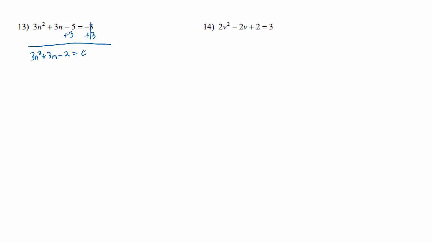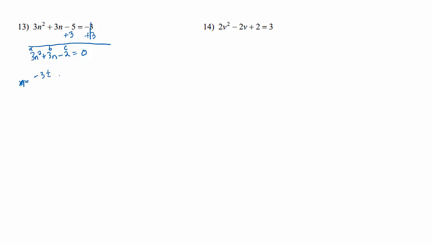So it's really important that we make sure that it's already in standard form where it equals 0 and everything's in the right order, so that we label A, B, and C correctly. Because if you can't label A, B, and C correctly, good luck on the rest of the formula. So x, or n in this case, equals negative 3 plus and minus the square root of b squared minus 4ac